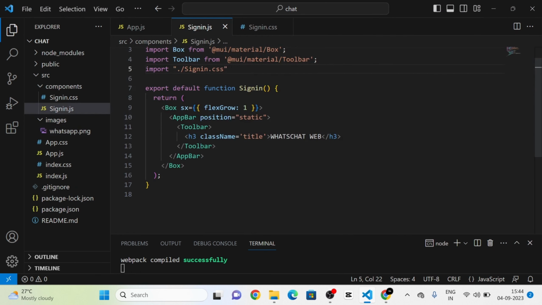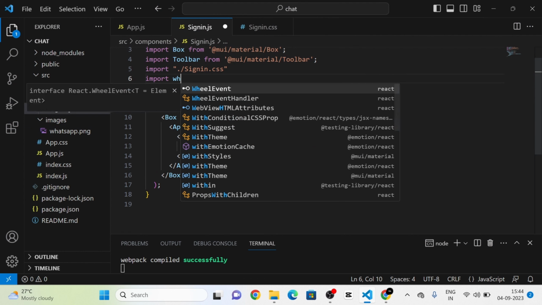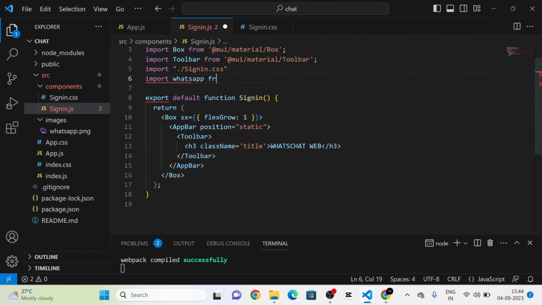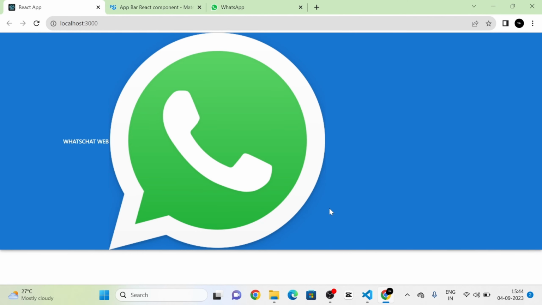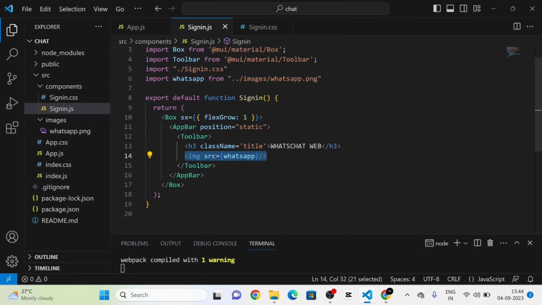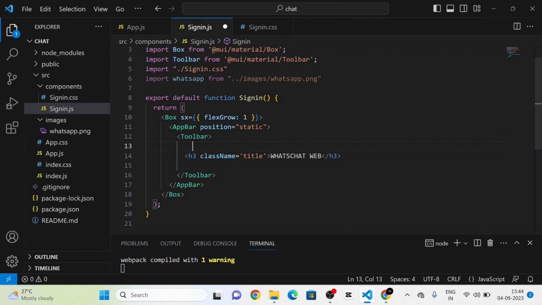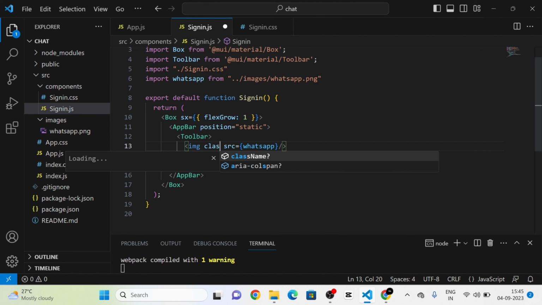Next I'm going to import that image from. Okay, then next I'm going to use that image. So for that I'm going to use the image tag, and I'm giving it as source WhatsApp. Okay, so now you can see that this is a structure as of now. I'm going to use this image tag before this or above this h3 tag, and I'm going to give a class name here, that is class name logo,